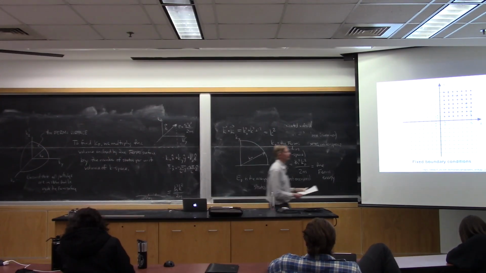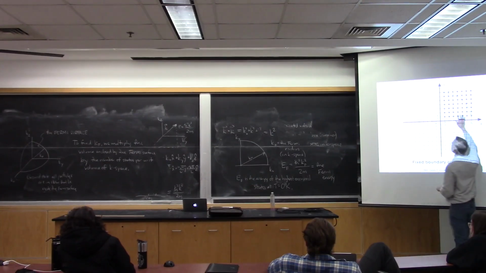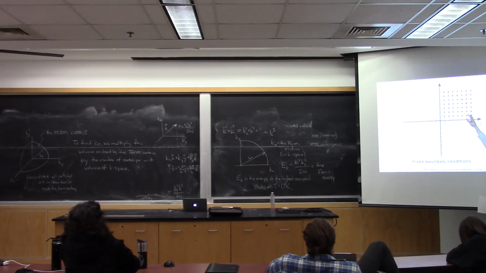Because if there's a huge number of states inside here, well, then we could get an awfully good approximation to the number of states in there